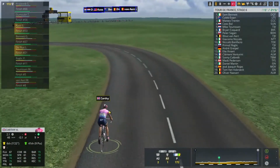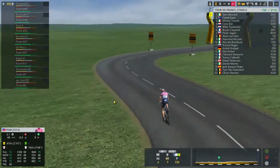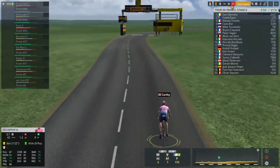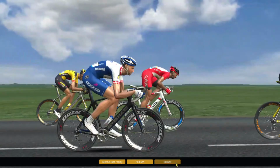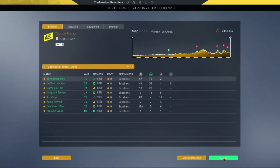Hugh Carthy, who's in 6th place, is about to lose over 3 minutes. And how does this happen? I have no idea. But it's a great stage because the competitor is out of the race, and I didn't even have to do anything. So that was just a regular sprint stage,